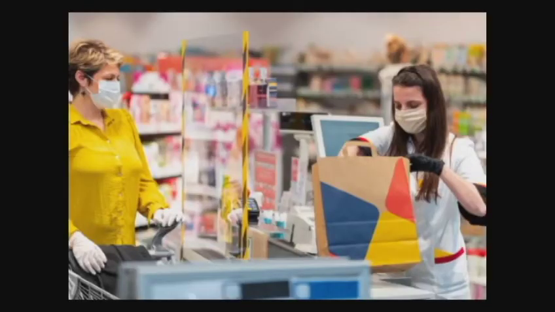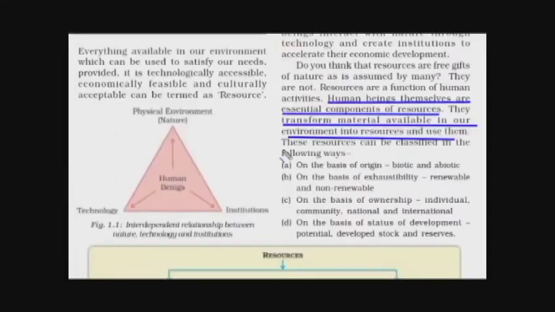For example, now you all are children. Some may drink Boost, some may drink Bonvita. If you don't like that, you can use Horlicks. So there is an alternative to use according to your likeness. So interdependent relationships are shown here. Interdependent relationships are very important when it comes to society. So now let's read about the classification of resources.